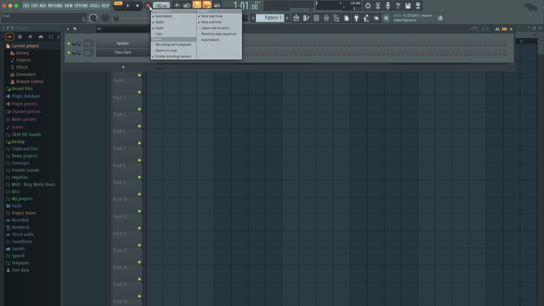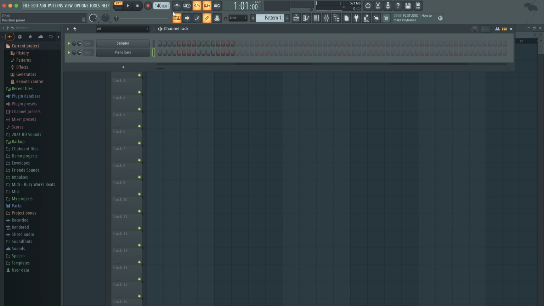It's so much easier to just right click here, select recording filter, automation, notes, audio, and just copy my settings up here. Okay, so now we're going to click on the metronome. If I hit the space bar, that's going to play the track, and then space bar stops the track. So that's a quick preview way of doing stuff.